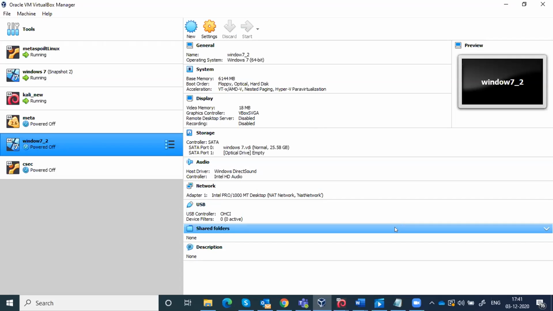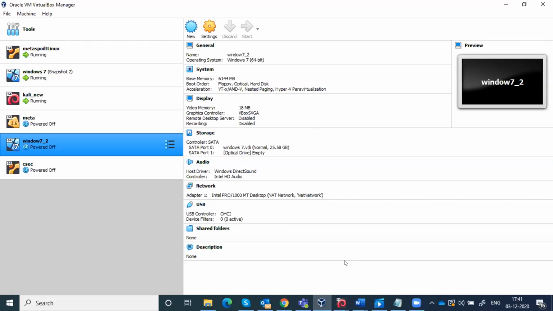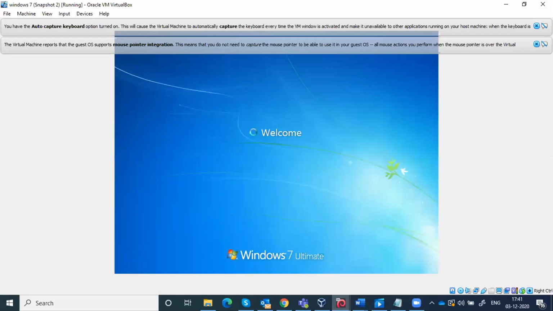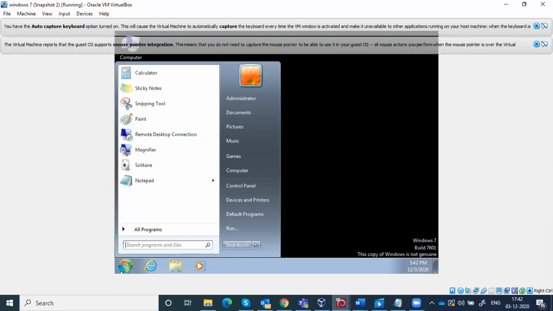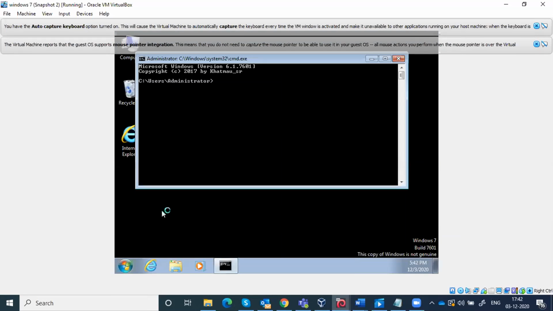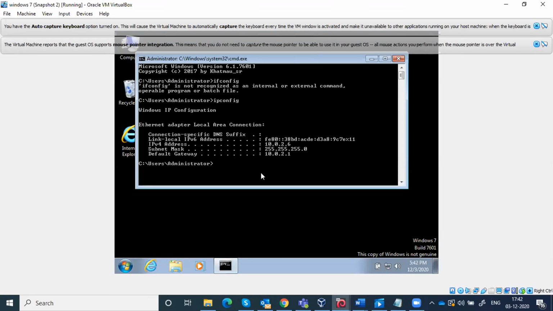Because if you have a NAT adapter by default, it means you don't want to interact with any other VMs on this system. It's like a separate isolated VM. It can connect to the internet through your host, but that's it. Keep the IP config. Yes, it is coming differently. So this should be a different one now.